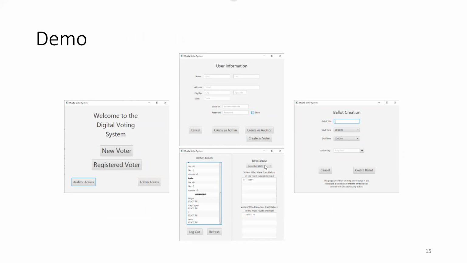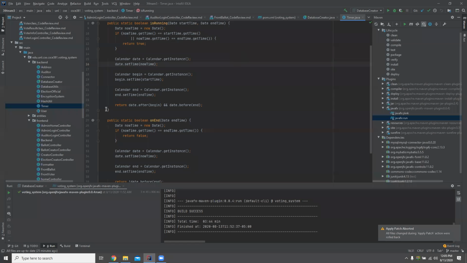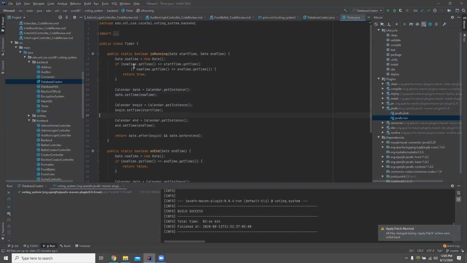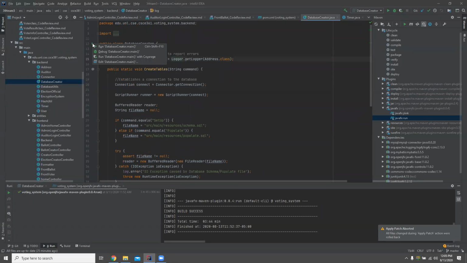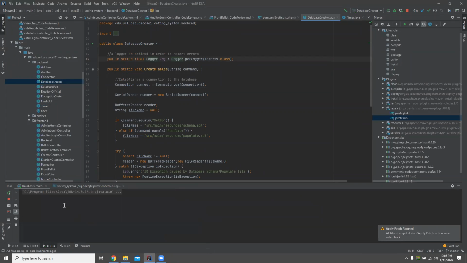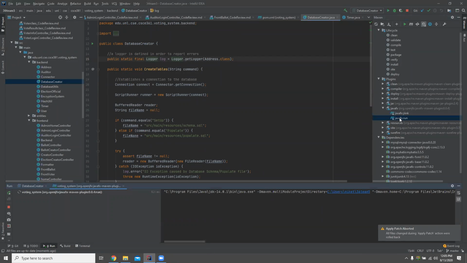All right, I am back. Let's do a quick demonstration on how to run our program. We will come to our database creator in order to pre-populate the database and have it set up correctly. We'll come here and run the database creator. This will output to our command line successfully created and populated fields. And running through JavaFX,